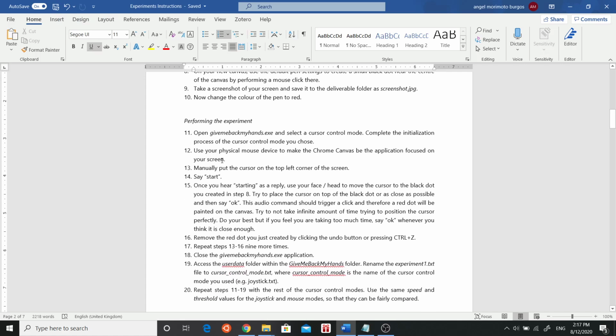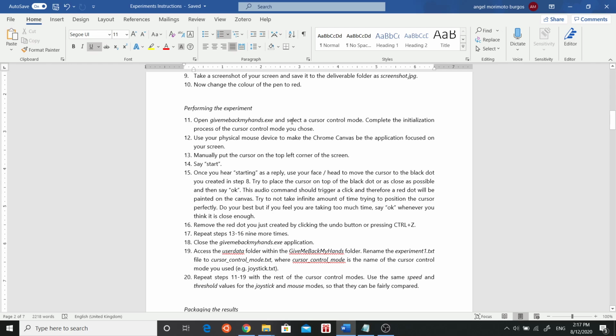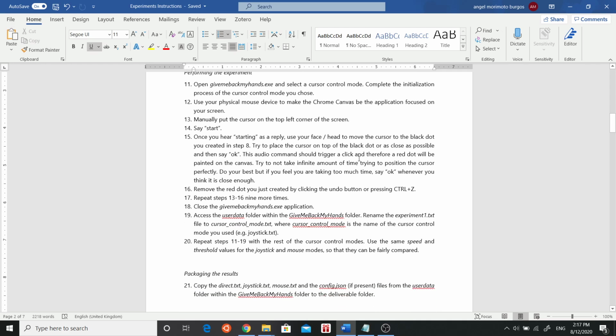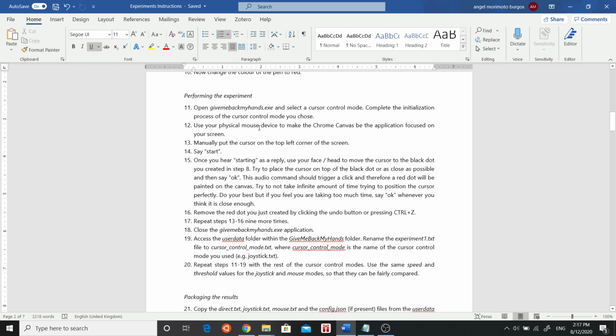And now it says performing the experiment, open Give Me Back My Hands, select the cursor control mode, and complete the initialization process for that cursor control mode. And then I shall use my physical mouse device, my real mouse, to focus the Chrome Canvas application, then manually put my cursor on the top left corner of the screen, then I will say start, and I will try